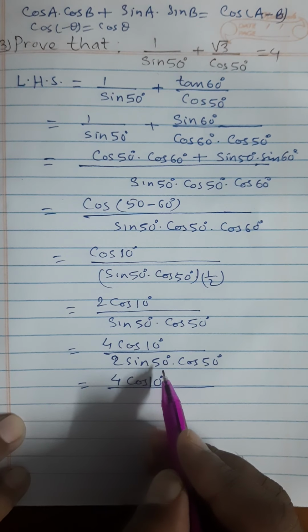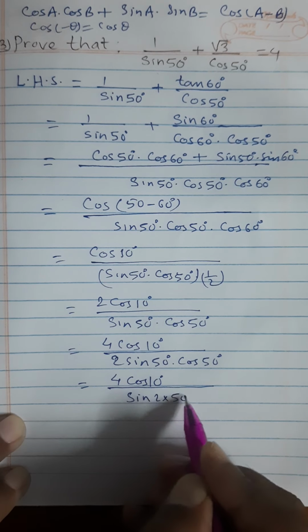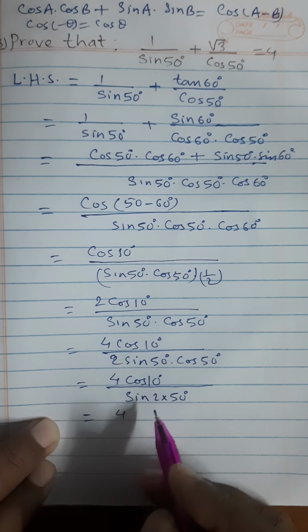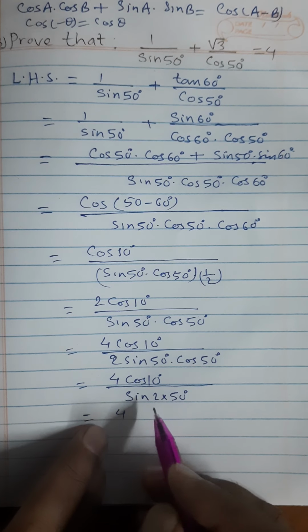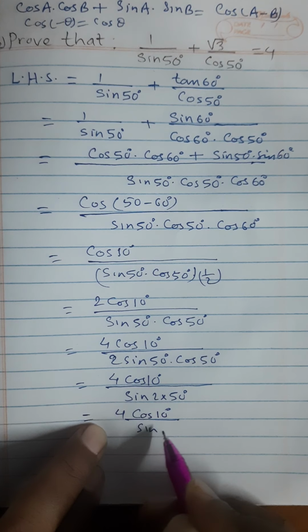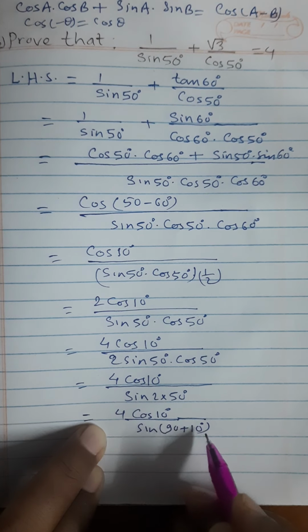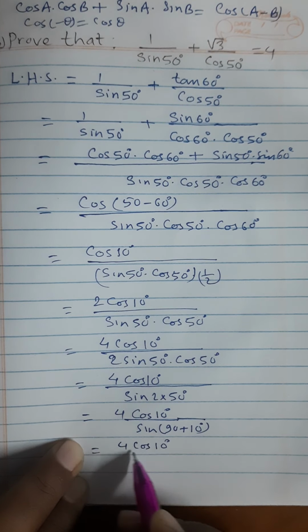In place of A we have 50 degree here, 2 sin A cos A is sin 2A, so sin 2 times 50, that will be 100 degree, and equals to 4 cos 10 degree, and then here is sine 100 degree. 100 means you can write 90 plus 10 degree. Okay, this sine 100 you can write sine 90 plus 10, and this equals to 4 cos 10 degree sine 90